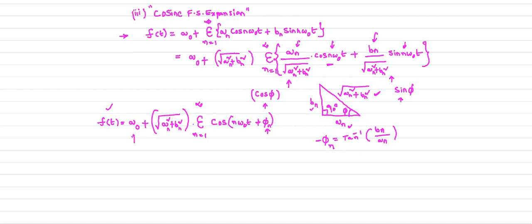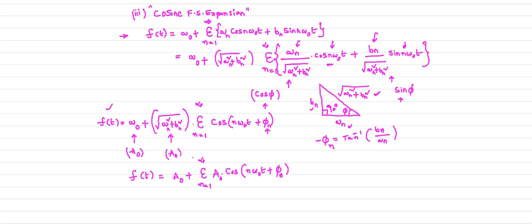Now let us modify the equation. Here small a naught, let us consider this is capital A naught. So this term, let us consider it is capital A n. We calculate this factor at the nth position, so that I can get the simplified expression of f of t exclusively in terms of the cosine function, which is A naught plus sigma n equal to 1 to infinity, here it is An, so An cos of n omega naught t plus your phi n.